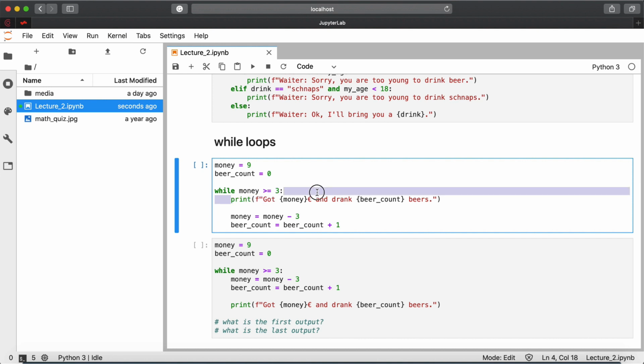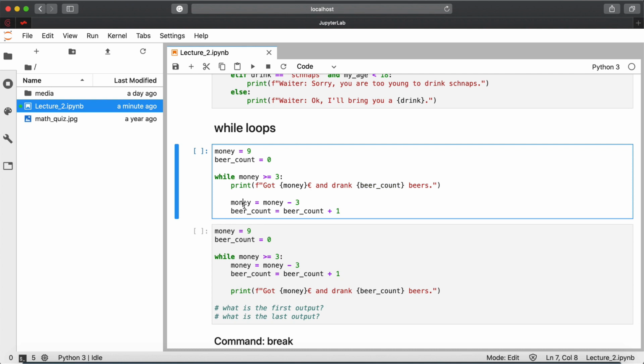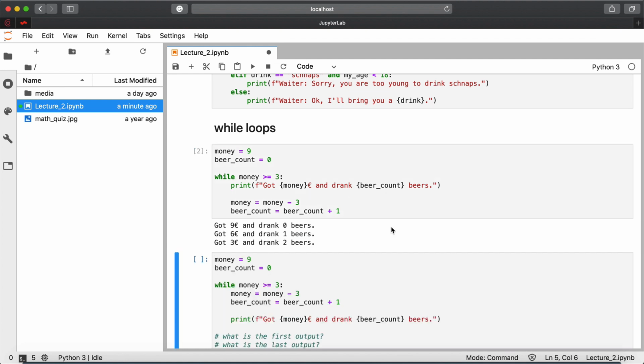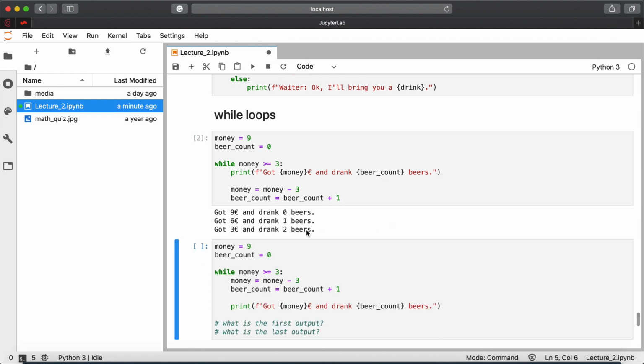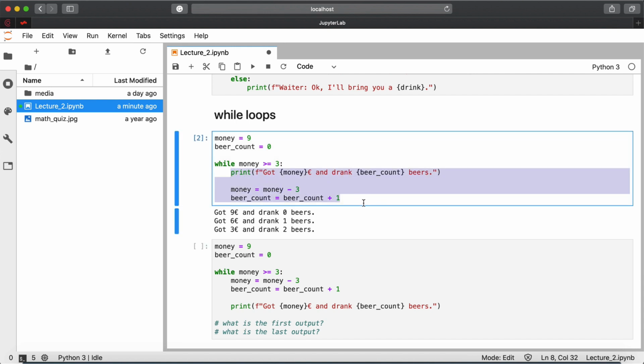And so in the first step in the while loop, we print out how much money we have and how many beers we drank. And then at the end of the loop, we decrease the variable money by 3 and we increase the beer count by 1. And if we execute this code here, you can see that the while loop got executed